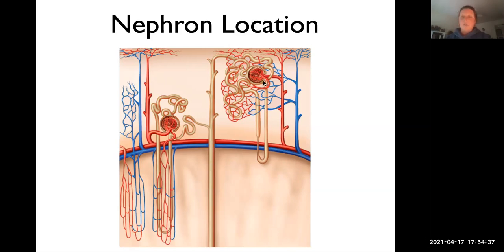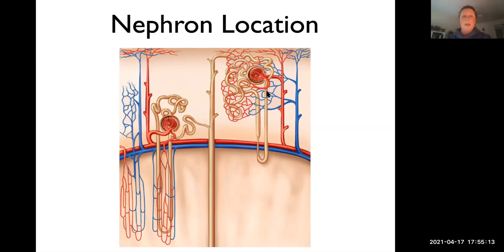In this nephron, we have the glomerular capsule right here, which connects to the proximal convoluted tubule, which goes into the nephron loop, and then into the distal convoluted tubule, and then into the collecting duct. So as I mentioned, the ones that have a nephron loop that go into the medulla are there to make the medulla salty. The cortical nephrons, which have shorter nephron loops, are really just doing the filtration and